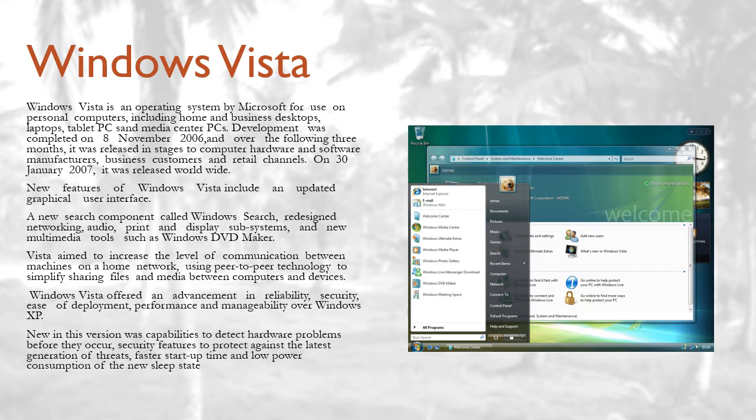It was released worldwide. New features of Windows Vista include an updated graphical user interface, a search component called Windows Search, a redesigned networking, audio, print, and display subsystem, and new multimedia tools such as Windows DVD Maker.